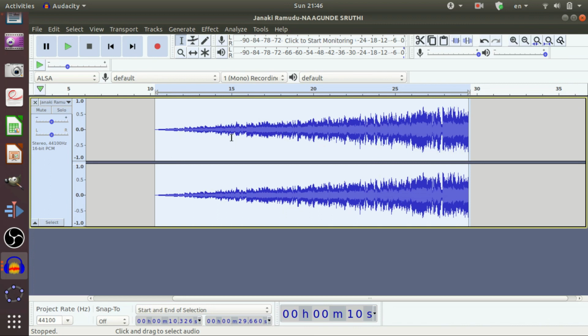A fade in is often applied over a very short audio, 3 to 5 seconds. The shape of the fade is linear, so it appears as a straight line from beginning to end. The speed of the fade in depends entirely on the length selected for the fade. Now let us listen to the audio.